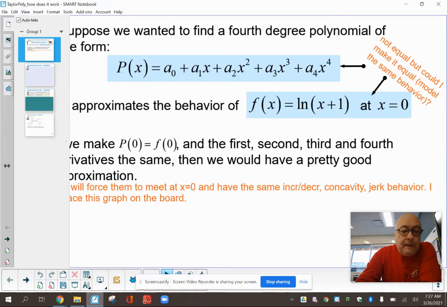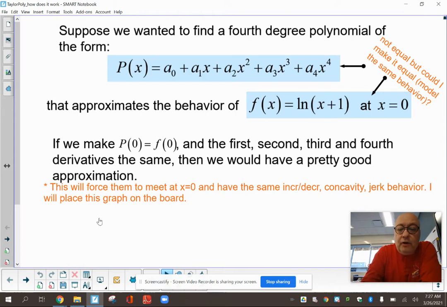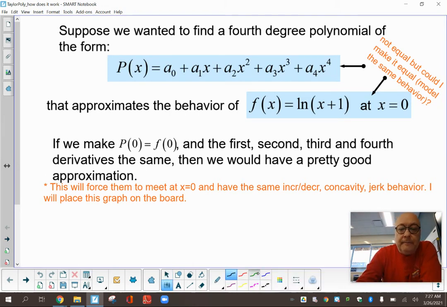Hello, everybody. Here's a quick little lesson on how a Taylor polynomial works. Where does this equation come from? How do things match? If you look at the screen I have here, this is what a Taylor polynomial's